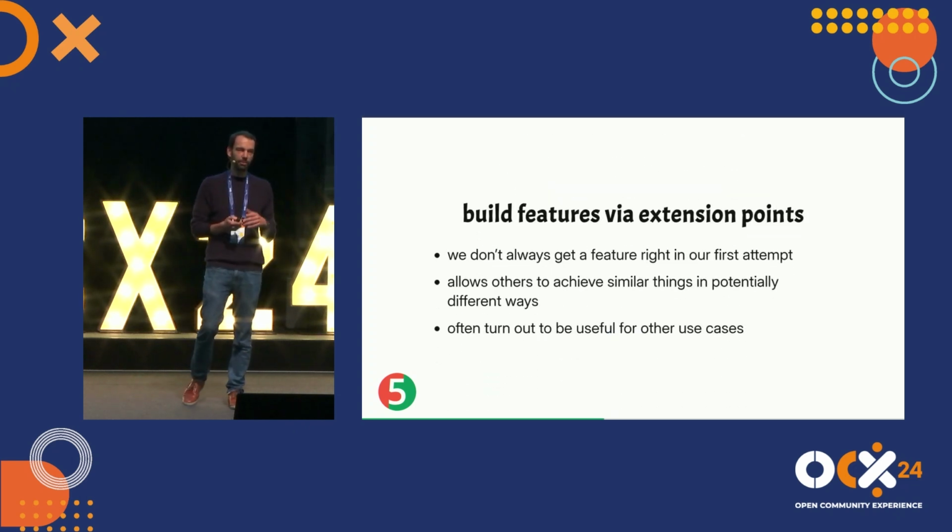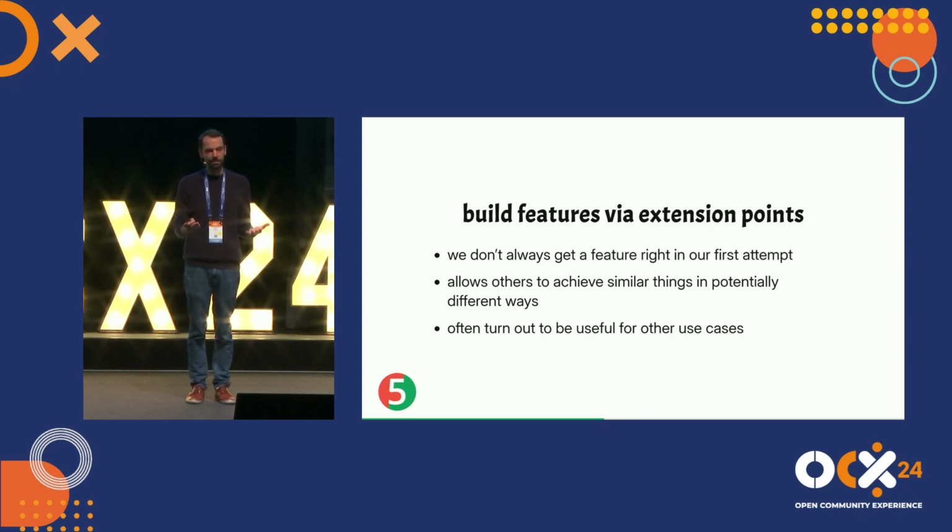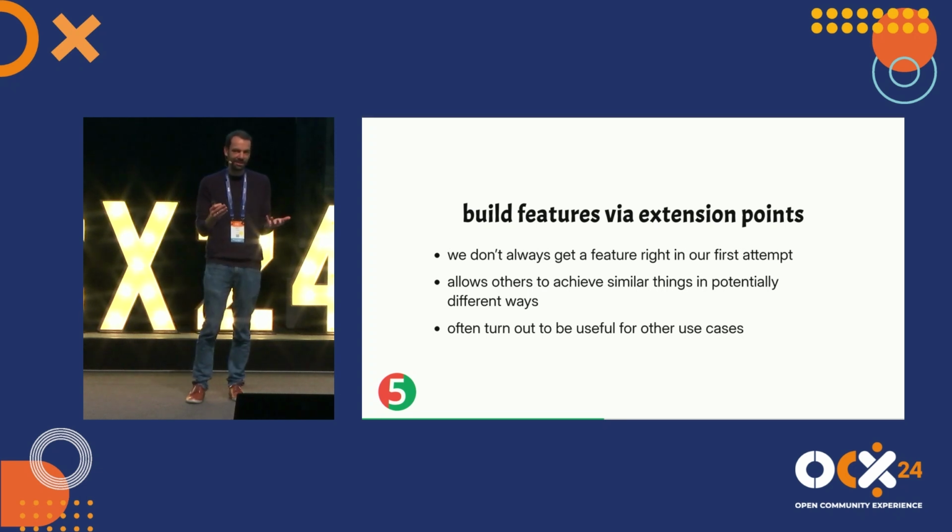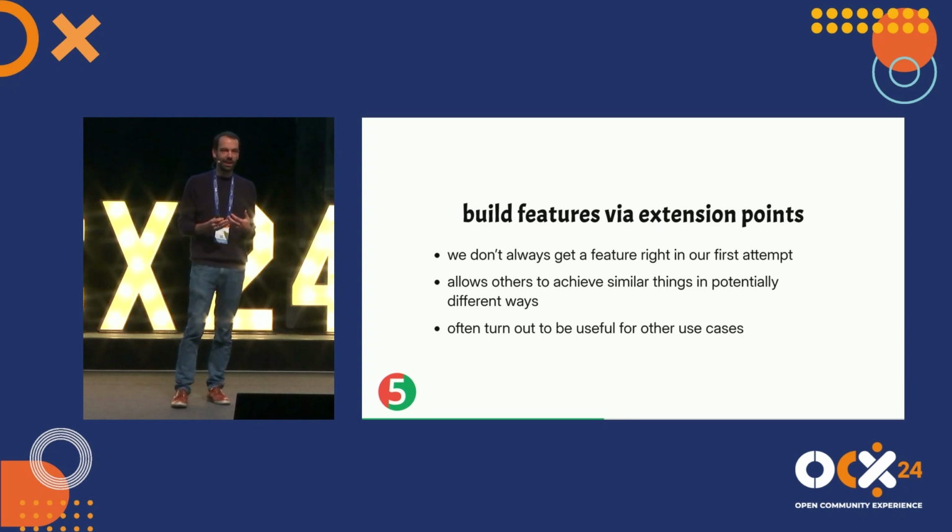Another thing that we do is whenever we build a feature in JUnit Jupiter, we look to implement it in a way that we have an extension point that we then implement to achieve the feature. But that extension point is generally useful enough for other people to also use it for maybe a different purpose or implement this slightly differently, because we don't always get it right, at least not at the first attempt. If we implement something new, of course, we do brainstorming, we ask for feedback, we ship milestone releases, but sometimes the feedback comes in late, and